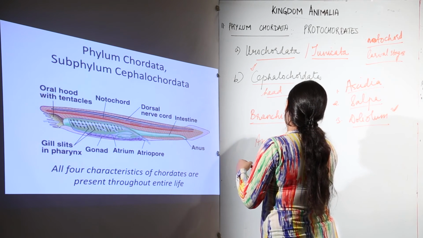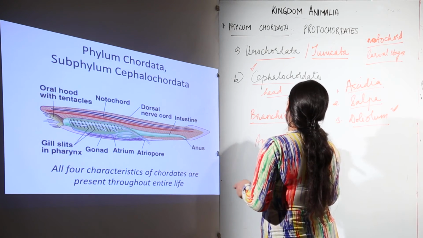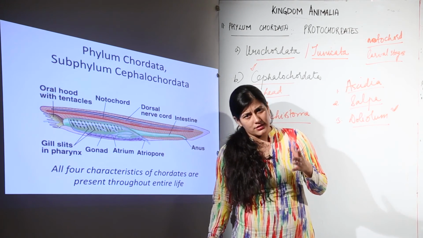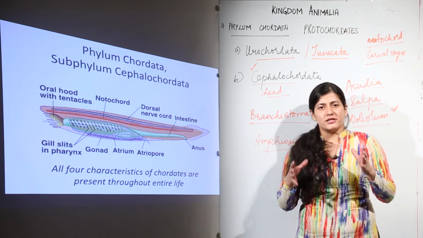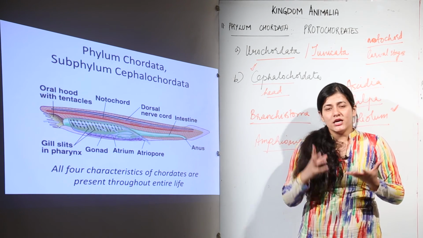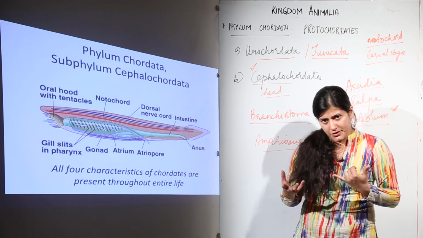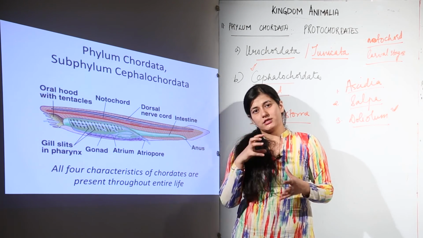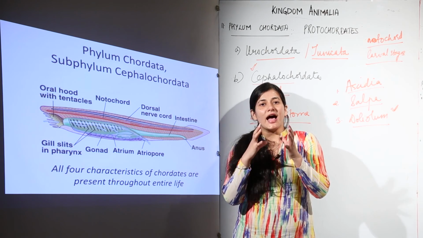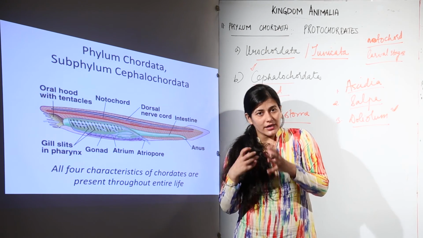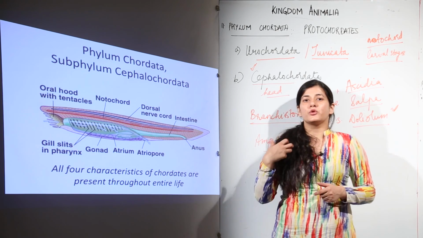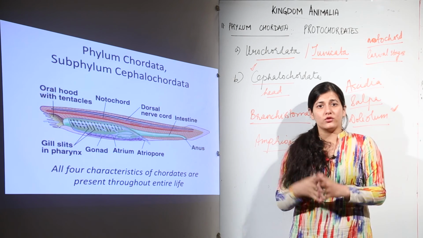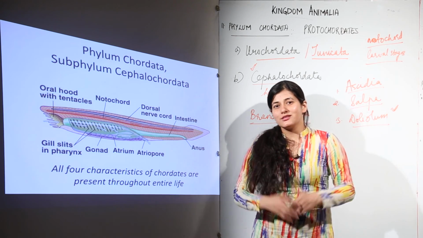This structure is of Amphioxus only, and with this we have to wrap up protochordates because we do not study their systems in detail. What we know is that because we have covered non-chordates, there would be a coelomic condition, of course it would be there. Now we have moved further into phylum Chordata. What is of our prime consideration is what is happening to the systems, how they are getting advanced, and in the case of protochordates we have to search for those four characteristics which classify an organism to be a chordate. So this is all about